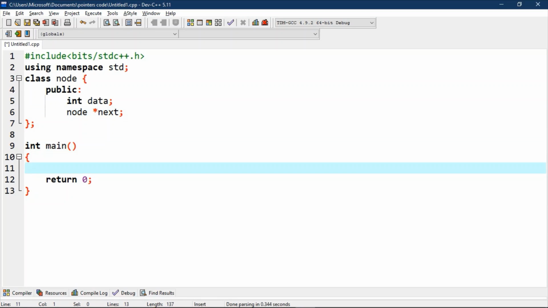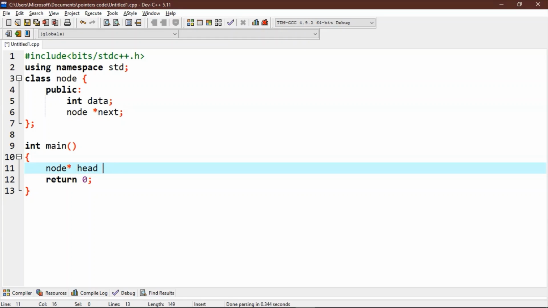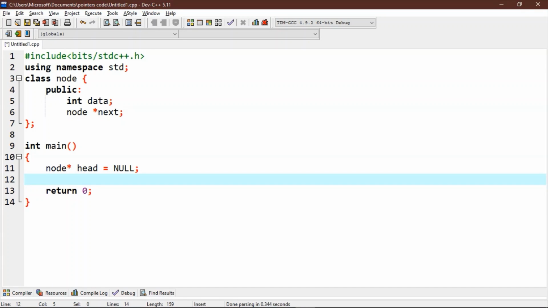Now we will go into the main block and initialize our first node. To initialize a node, we need to use node star. The node name head equals to null. Similarly, we will create more nodes.